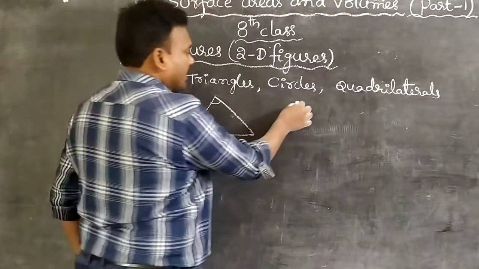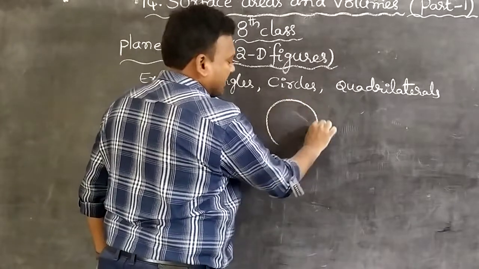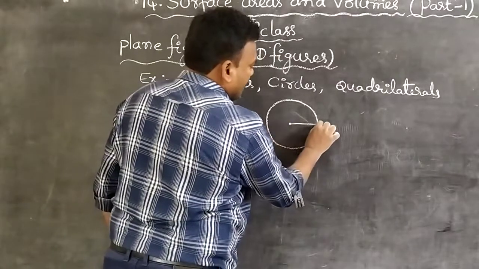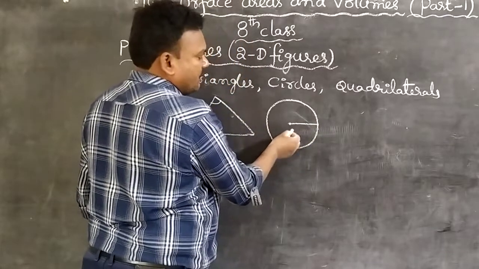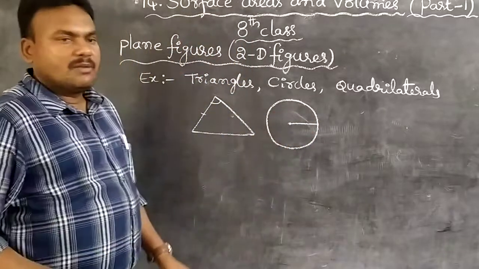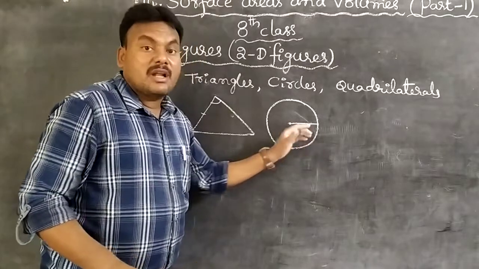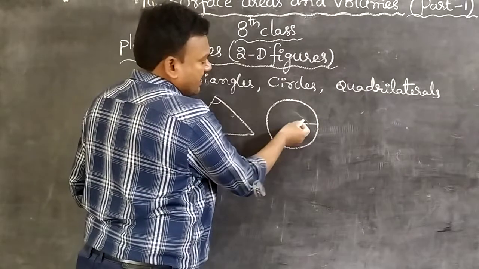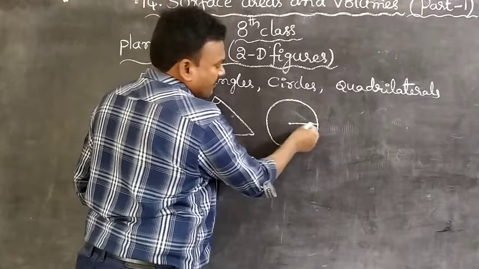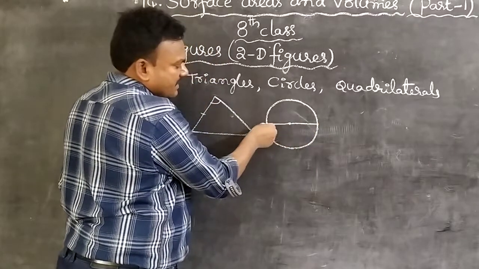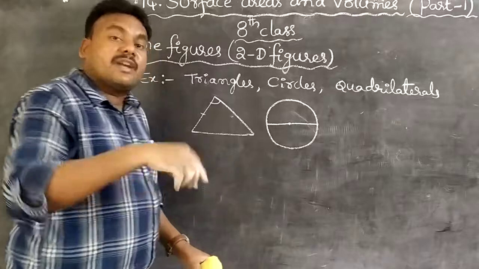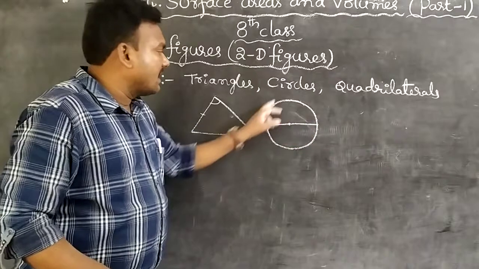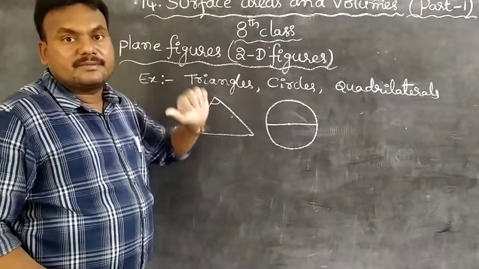And coming to the circle, students. Many mathematicians discussed this. In a circle we know the radius from a fixed point. We know the radius, we draw a circle easily. But here only one dimension. How to take it as a two-dimensional figure? Here we have taken a diagram: on one side radius, on the other side also radius. Totally, we have taken radius twice. That's why two dimensions. That's why the circle is a two-dimensional figure.